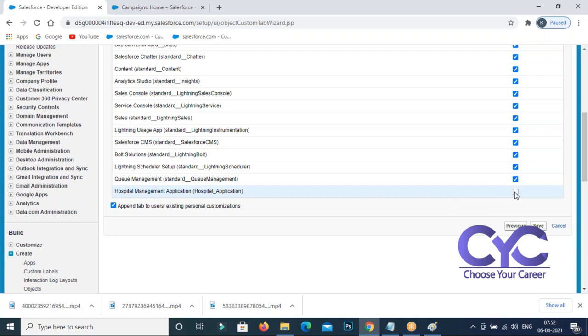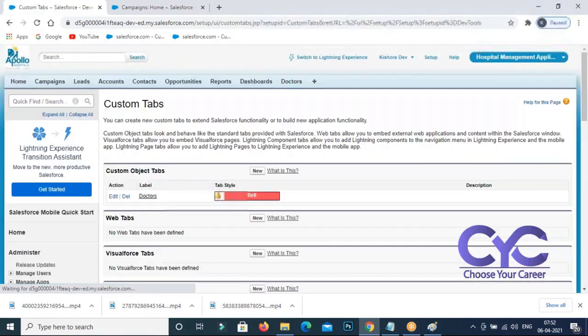The tab is not available in the hospital management application, but our requirement is that I need those tabs in the hospital management application, so I need to check it here. Finally, save it. So your tab has been created. Look at this, the tab is set up here. Can I find it? Tab is set up or not?